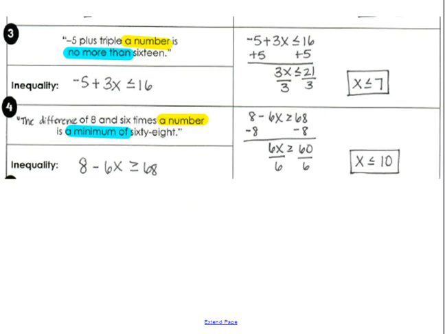All right. So remember, sometimes you flip your symbol when you are multiplying or dividing by a negative number. And in this one, we did that, which is why we flipped our symbol. All right. That being said,